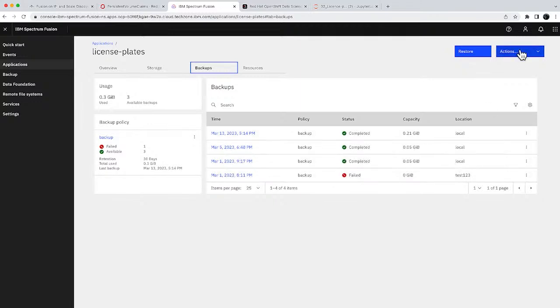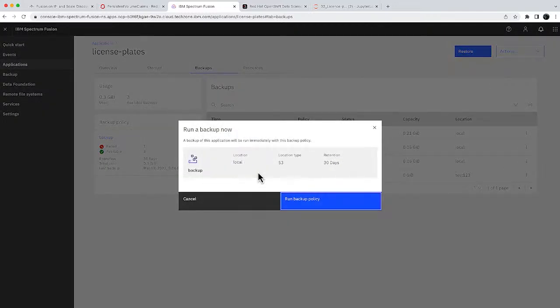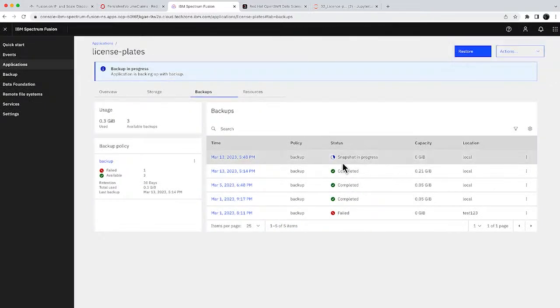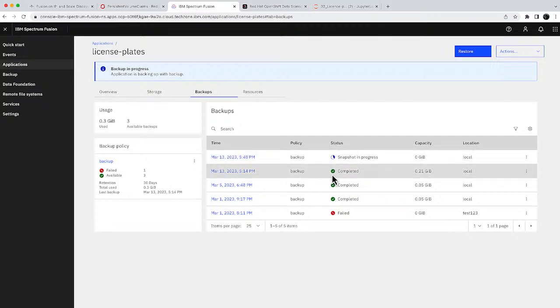If we want to do another backup, we would just select Backup Now. We would choose the backup we want to use. In this case, we only have one defined, and we would say Run Backup Policy. Once we click on that, a backup is initiated, and we can see that it's starting to do a snapshot. The snapshot, once it's completed, the system will then say running, and that means we're actually running the backup. And once it's completed, we'll get back to a green check mark, and we'll say completed,